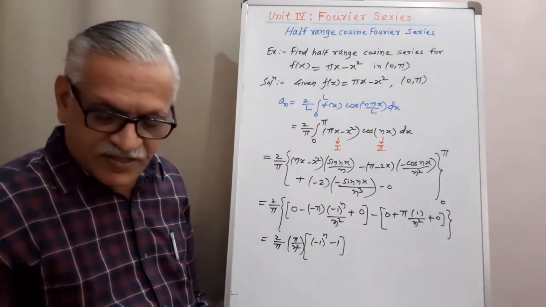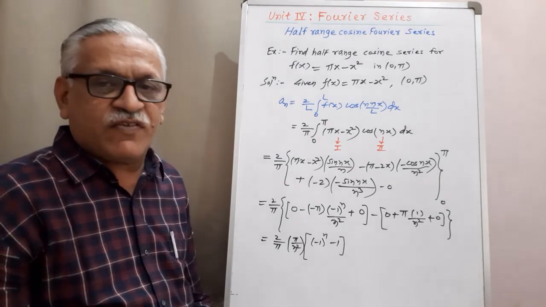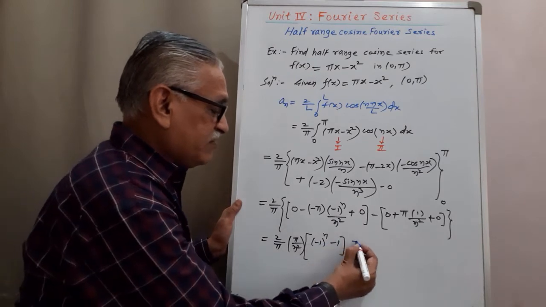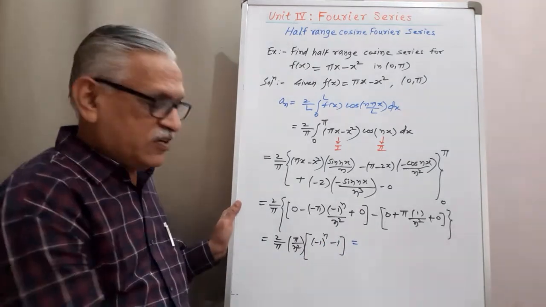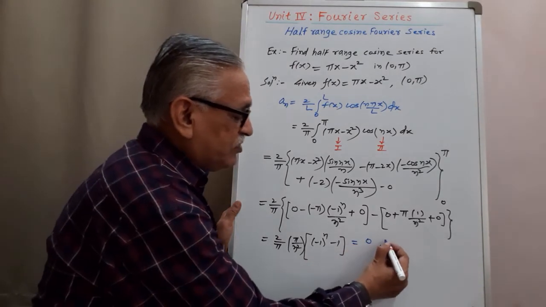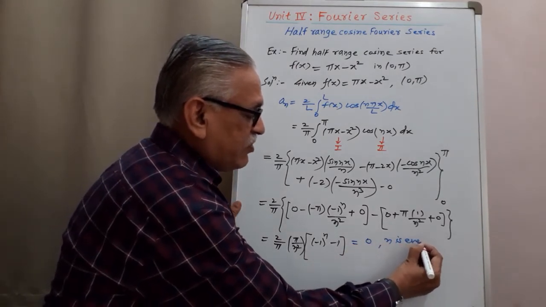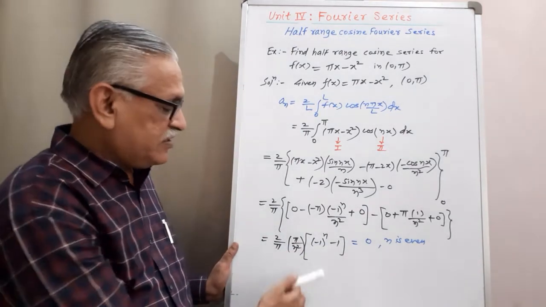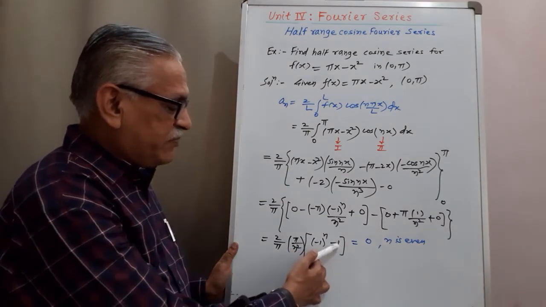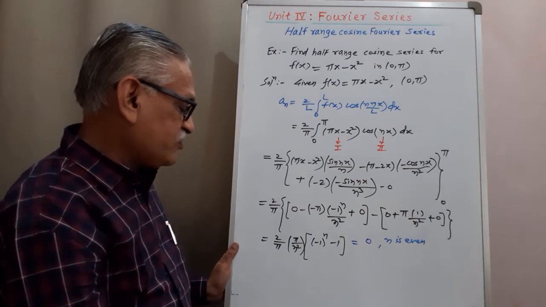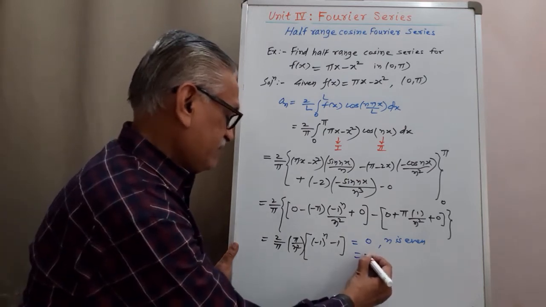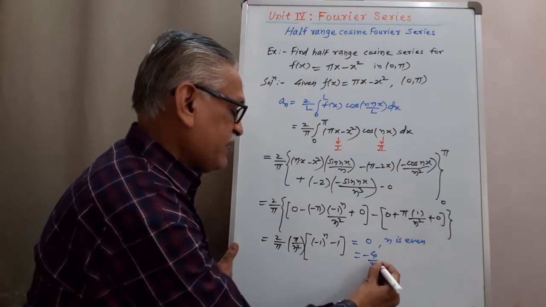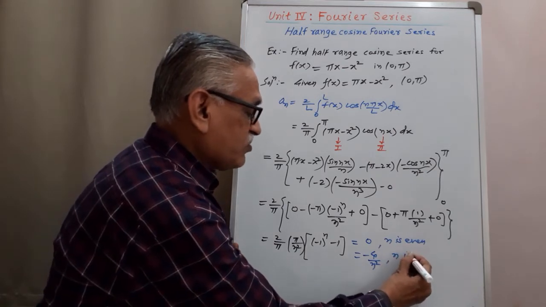Whenever this type of term appears, we require to find two different values for even and odd. Therefore, when n is even, we get minus 1 raised to 2 as 1. 1 minus 1 is 0. Therefore, if n is even, we get value as 0. And for odd values of n, we get minus 1 raised to 1 as minus 1. This minus 1, it becomes minus 2. And into that 2, we get minus 4. Pi get cancelled. We get n square divided by n square if n is odd.